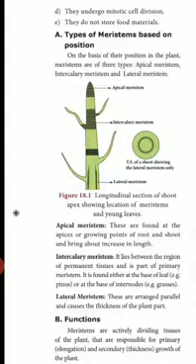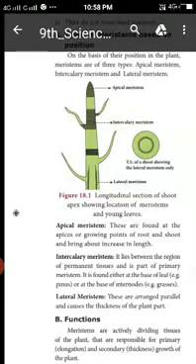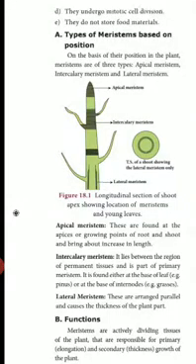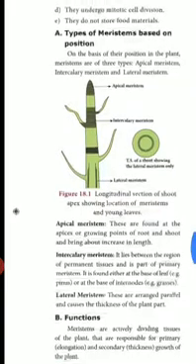Today we are going to study the different types of meristem based on the positions where they are present. According to that, meristems are classified into three types: apical meristem, intercalary meristem, and lateral meristem. When you look at the pictures, you come to know where the apical, intercalary and lateral meristems are present. This is the stem; at the tip of the stem, apical meristems are present. Below that, in between two nodes, which we call an internode, is the intercalary meristem